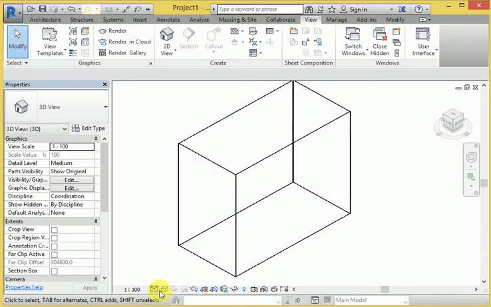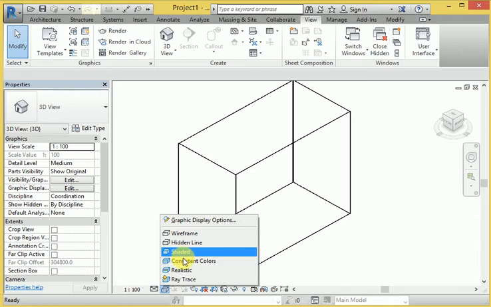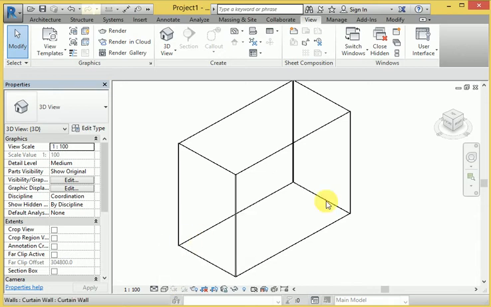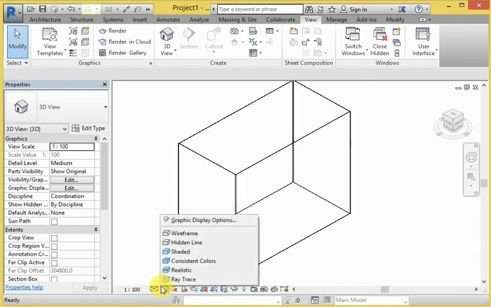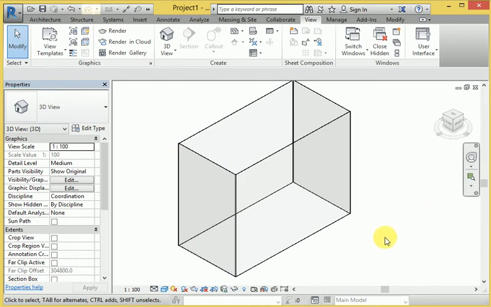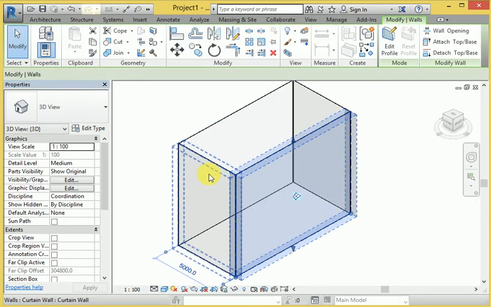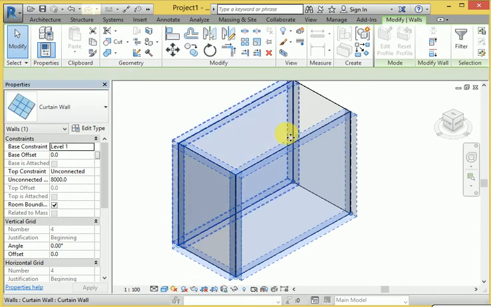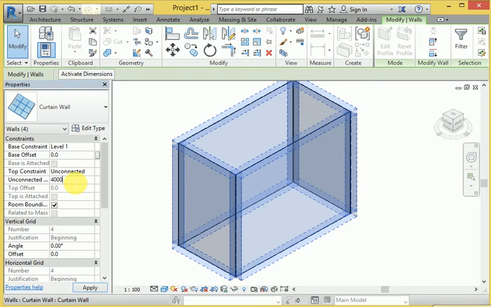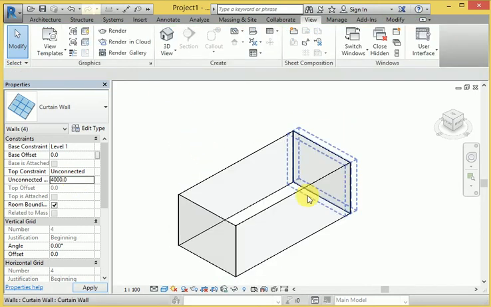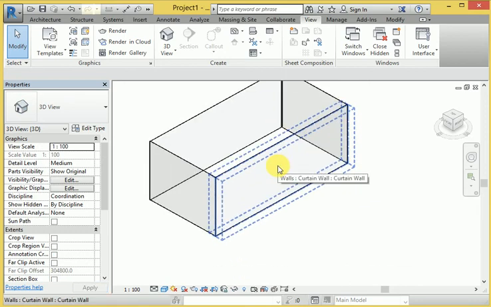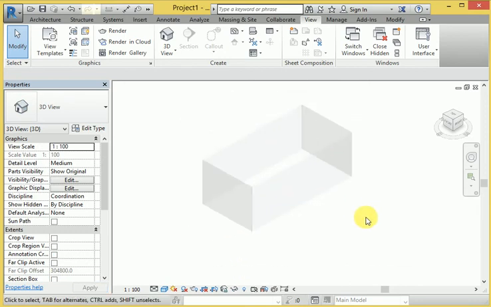If you look at this wire frame, and if you use another, the hidden type, and generally shaded. If I click every glass wall and select here, we want to reduce the distance to 4000. It becomes converted to 4000.